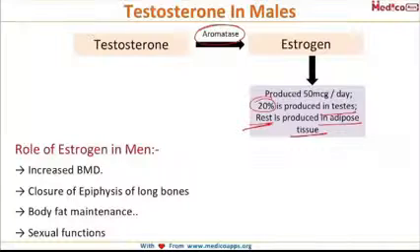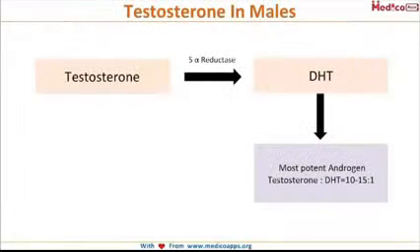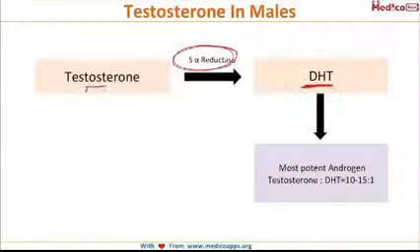Now we said that testosterone is also converted into dihydrotestosterone. So what is the enzyme involved in that? It is 5-alpha reductase. This 5-alpha reductase converts testosterone into dihydrotestosterone, which is the most potent androgen. Okay? And what is the ratio of testosterone to dihydrotestosterone? It is 10 to 15 is to 1. See, the most potent androgen, less in amount. So, the ratio of testosterone to dihydrotestosterone is